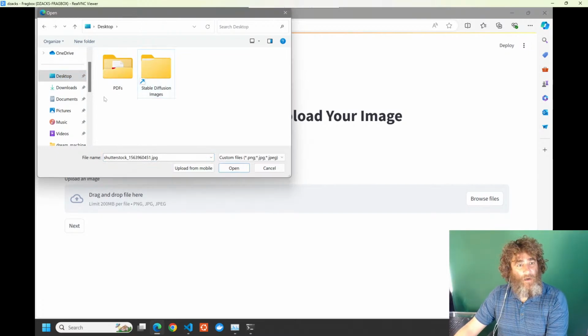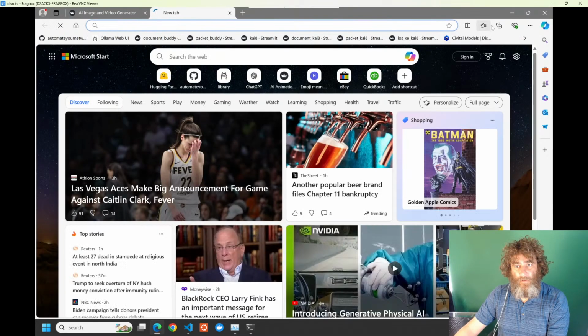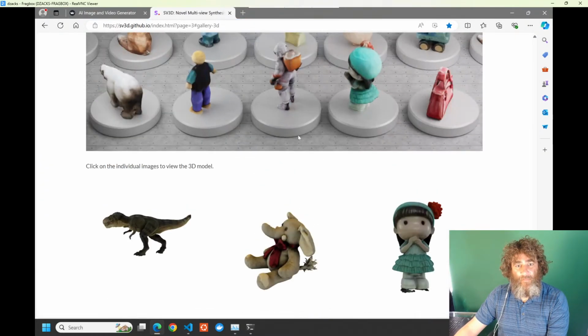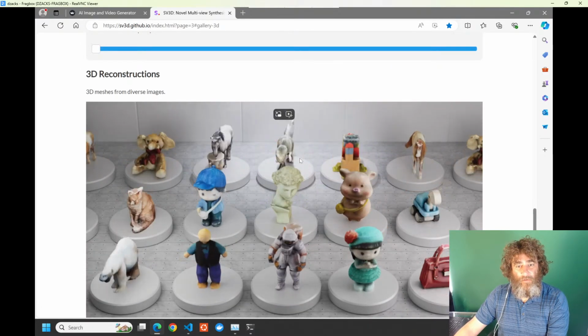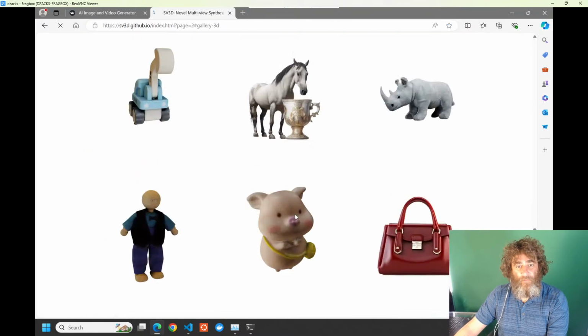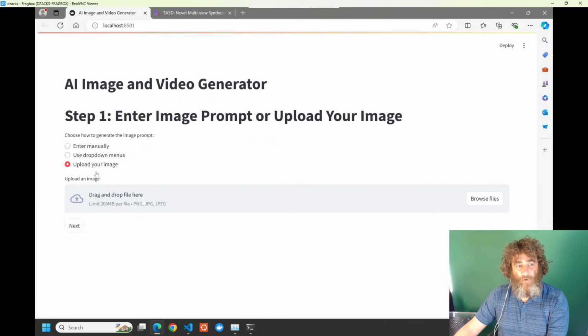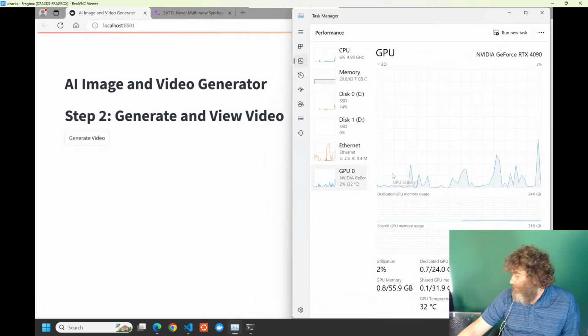Not that one. Hang on. I deleted them all. Where did they go? Let's go ahead and get an image from the Stable Diffusion. So they have a library of images that they've animated here. Pretty cool, right? So let's just grab one. Let's grab this stuffed rhino, and we'll use that one. So we're going to upload the stuffed rhino and generate the video. Now this takes a bit of time as well on the GPU,